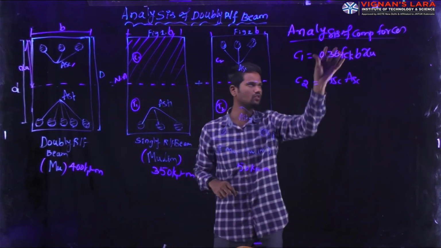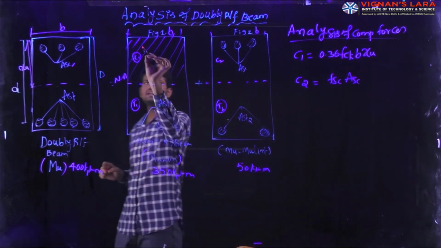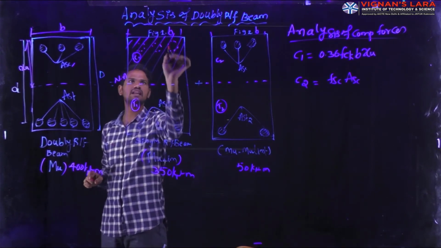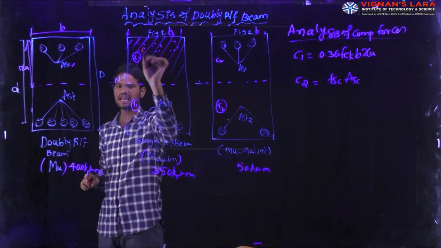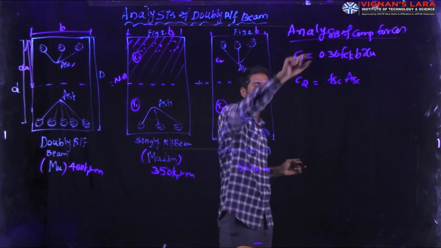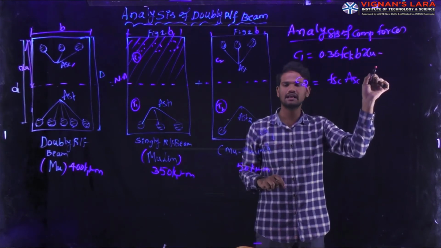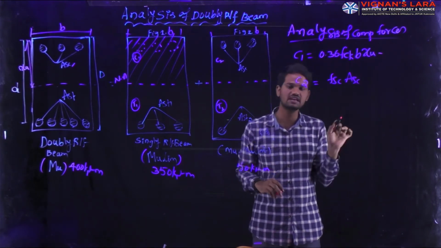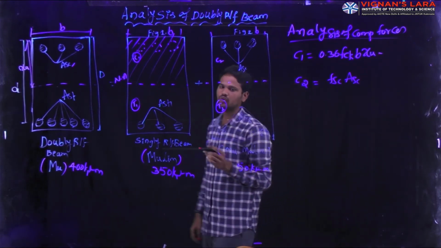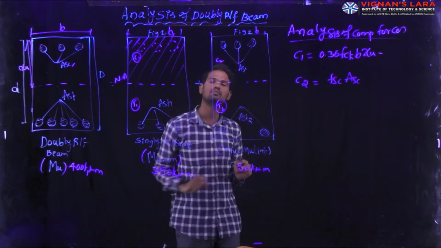Here we calculated the compressive force for the total beam. But this area is occupied by the steel bars. Hence we have to deduct the stress of the steel bars in the top portion from the compressive force C1. So we are deducting the compressive forces in the steel bars. That compressive force is nothing but 0.446 into FCK, and this area of the steel bars in the compression zone we are naming as ASC.